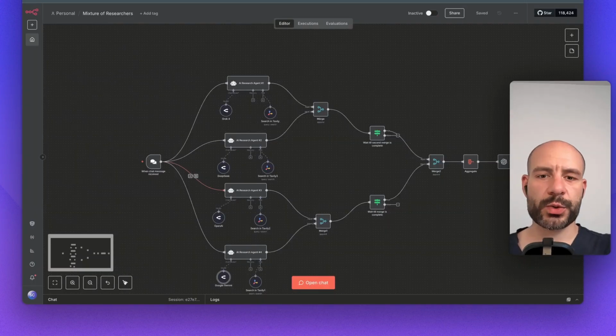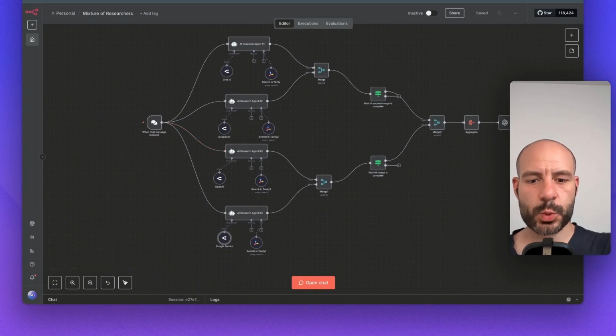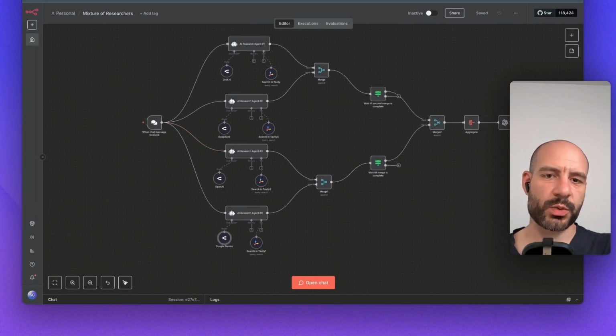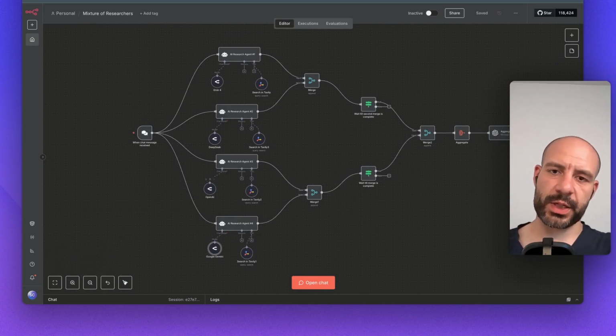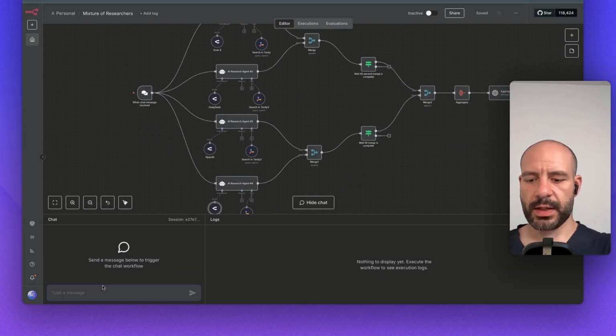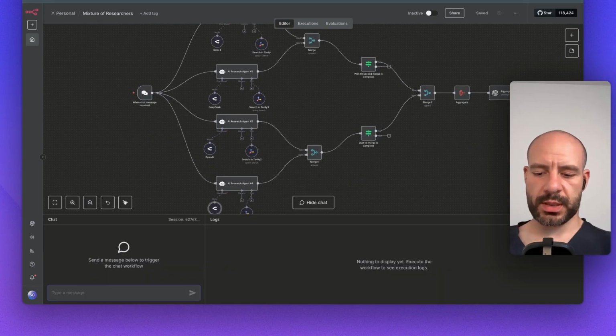So before I walk you through the steps, how I've built it, let's run it first so you can see what the result is. And then I walk you step by step through each and every node. Let's start with a chat and then type in what I want the research topic to be. Let's say AI business use cases in